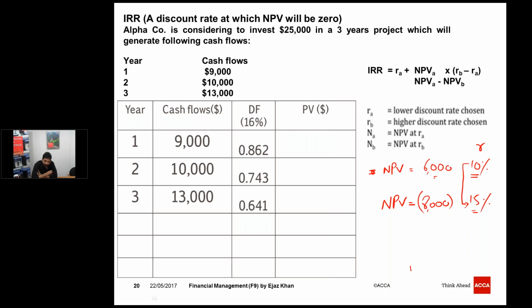So it means we are earning more than 10% and less than 15%, right? Okay, forget about the cost of capital at the moment. If I tell you that at 13% rate, the NPV will be 0. If I tell you that at 13%,